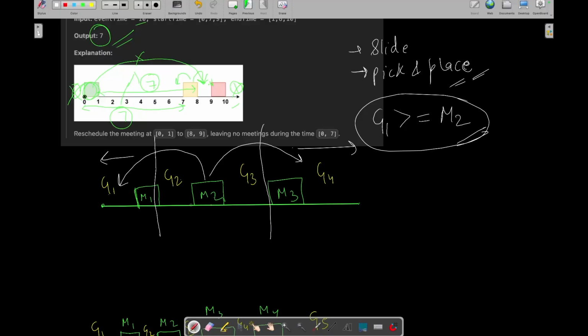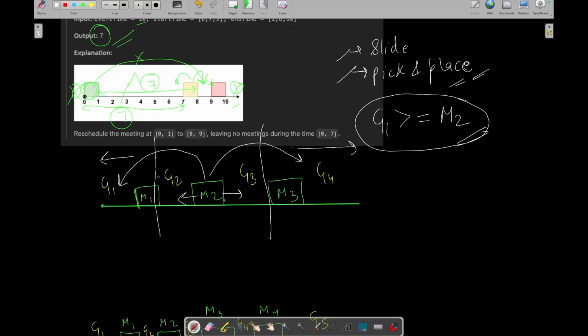And the other condition is that we can just slide this M2 to G2 or slide this M2 to G3, right? So there can be only two cases and we just need to cover these two cases to solve this question. So what we can do is, for the case of pick and place,